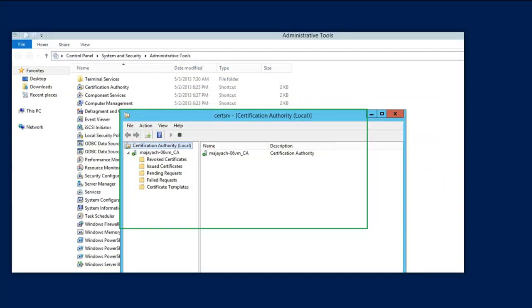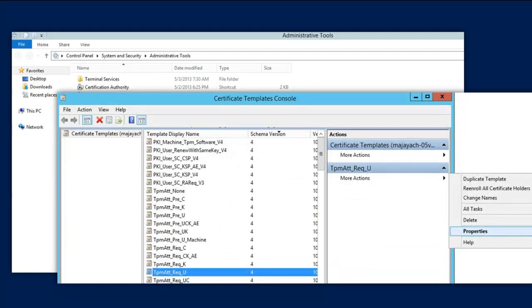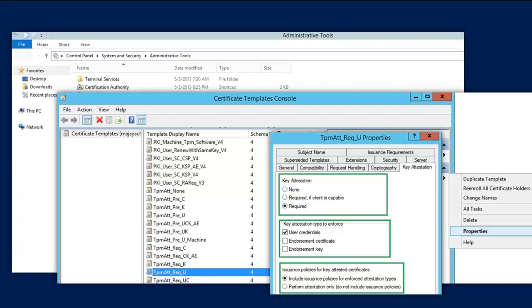In Certificate Authority, Active Directory, all you need is to go to the template. And this template is a V4 template. And inside of this V4 template, in the properties, you would have this additional tab that you didn't have before, and it's called key attestation. And different ways of validation are actually options in this particular tab. You can validate it, or not validate at all, which means issue any cert normally.